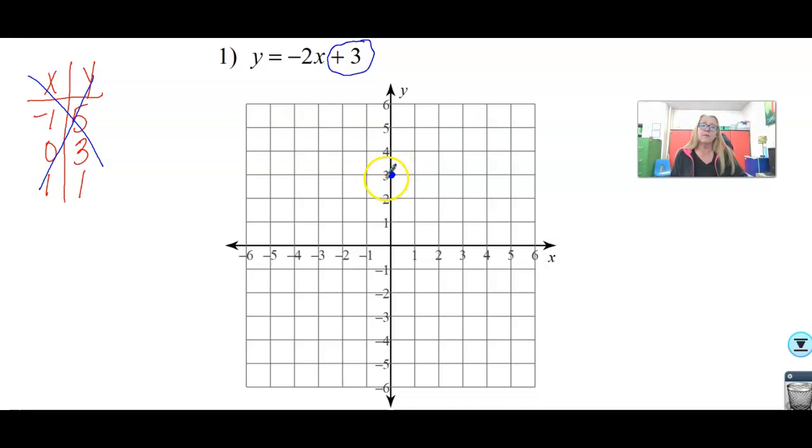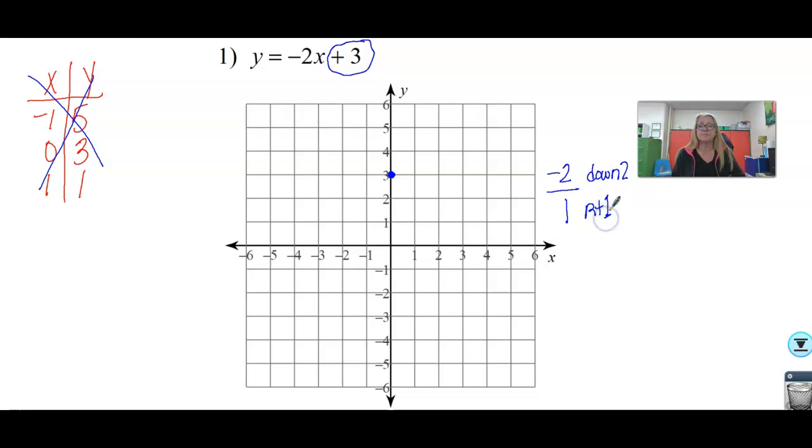Okay? So what we would do is use the slope. All right, this is a slope of -2. All integers have 1s underneath them, okay? This is directions to the next point, all right? The top number tells you up or down. This number says down 2. The bottom number tells you left or right. Positive tells you right 1,